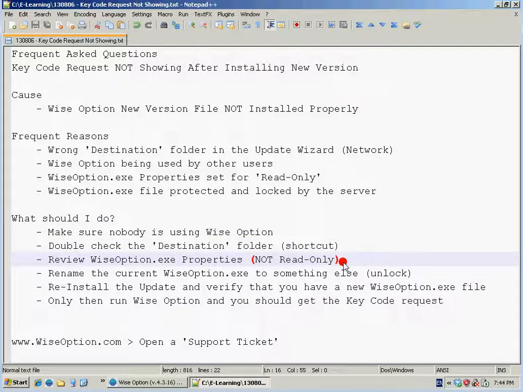Next, go to the current WISE option.exe file in your server or main computer. Go to the properties and make sure that it is not set to read only. Another thing that I do very often providing support, and by that I mean really very often, is that I solve the problem by renaming the file to something else. When you rename the wiseoption.exe application file to something else, that forces the server to unlock the file. By doing these steps, I usually go ahead and reinstall the program,